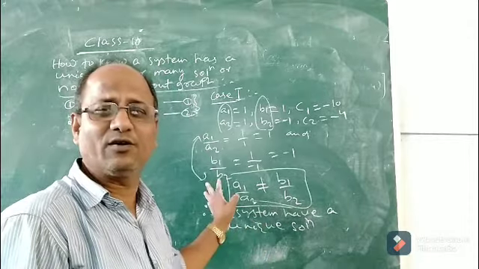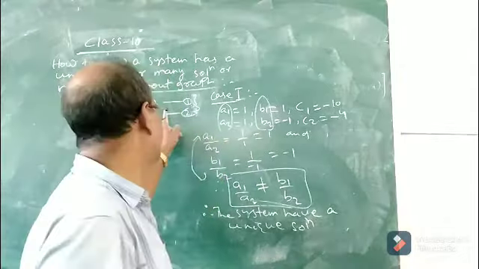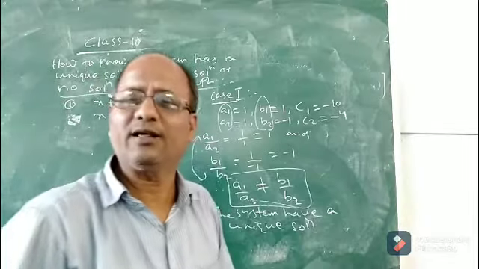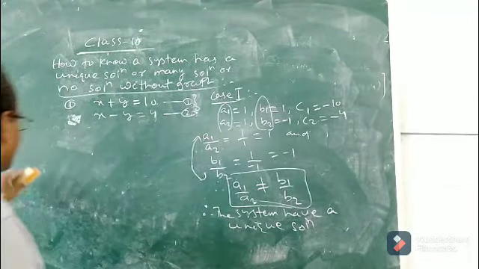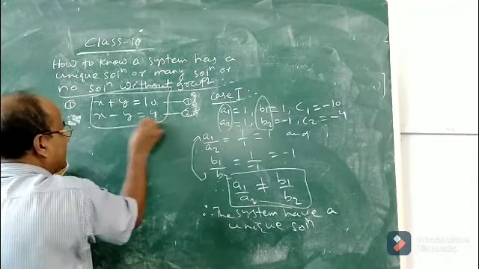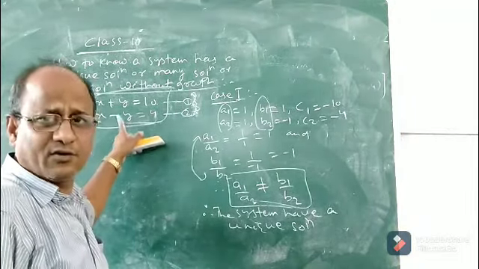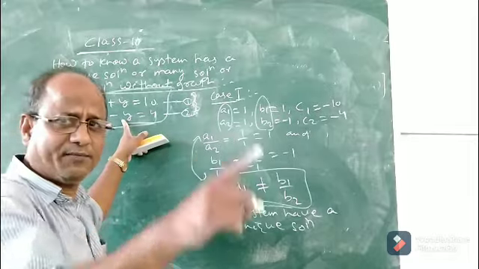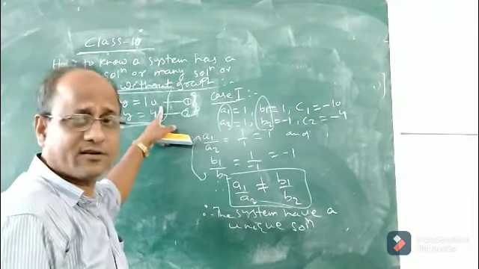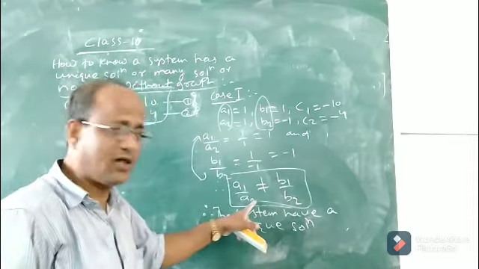So here, even without drawing the graph, we are able to conclude that this pair will have a unique solution. Now, what is case 2? If you draw the graph of these two equations, you will definitely find that they intersect at a point, and hence the system will have a unique solution. By drawing the graph also you can verify. This is without graph.